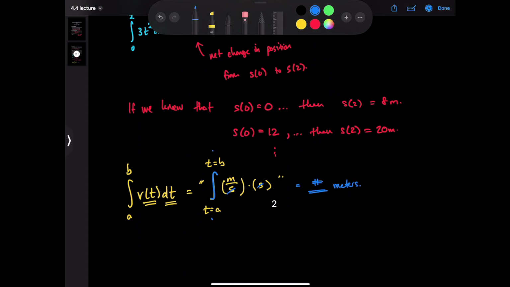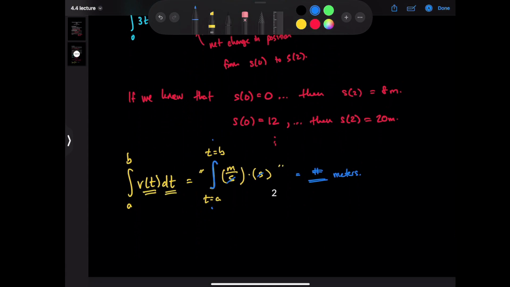Okay, so this is very important because we don't just limit ourselves to physics problems. This could also be a rate of flow. This could be a density, right? Like kilograms per meters cubed times meters, something like this. If we're going along a thin line through a solid, this could be, whatever it might be. If your r of t dt, let's use a different variable. You take the